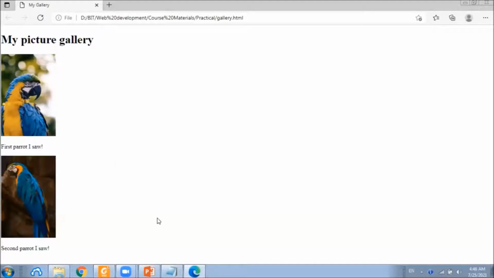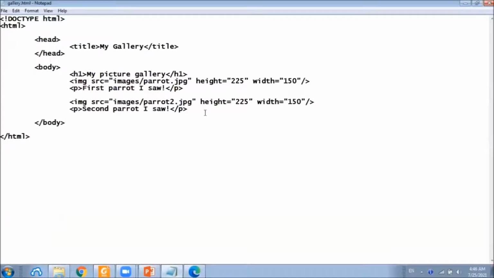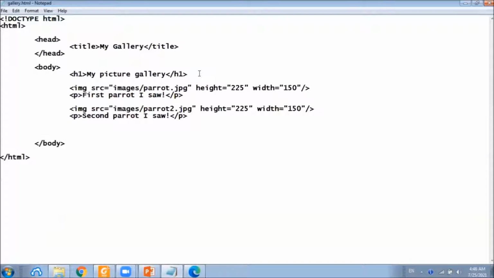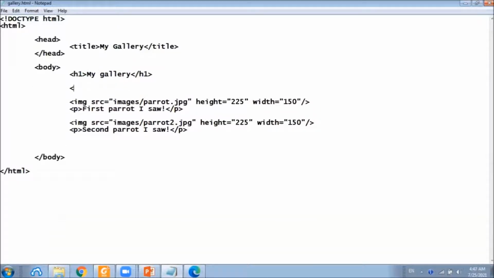Now it's time to include the video under both of these pictures. But here we will do a small adjustment to the page and we'll rename this as My Gallery and create a heading 2 tag called Pictures, and under the two pictures we will create another heading 2 tag called Videos.